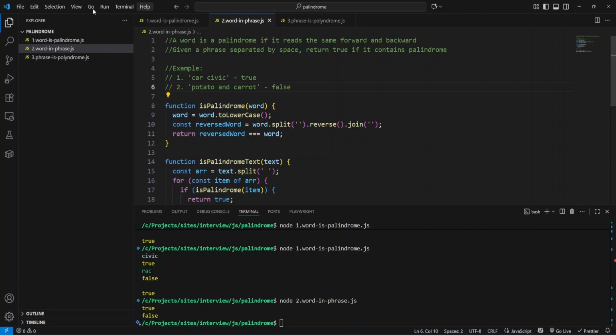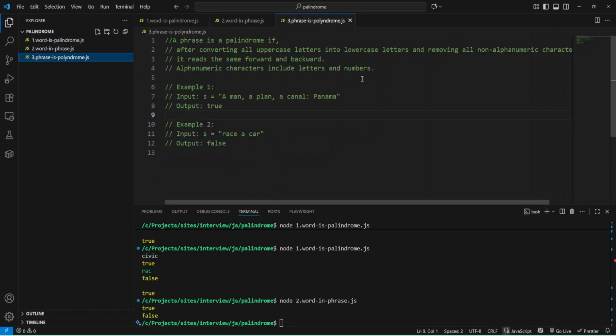Let's move on to the next challenge. As you can see, now we have a phrase, and we need to check if it's a palindrome or not. But this time, the phrase contains not only uppercase or lowercase letters, but also some non-alphanumeric characters like commas and also spaces.